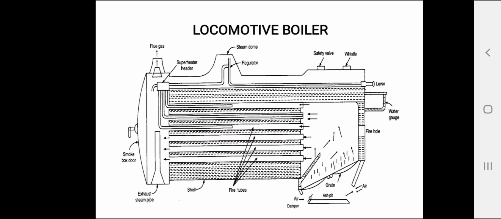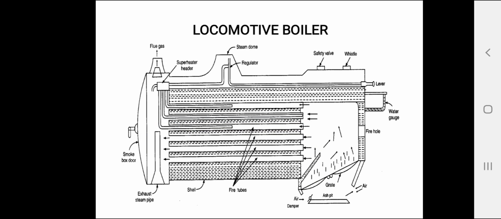This is also an internally fired, horizontal, multi-tube, natural circulation, artificial draught, fire tube type portable boiler. Dimensions and specifications are different. The length and diameter of the barrel is 5 meter by 2 meter. A number of superheaters are used. Superheaters are used to increase the temperature of steam. We'll see this later. It is one of the accessories used in a boiler.